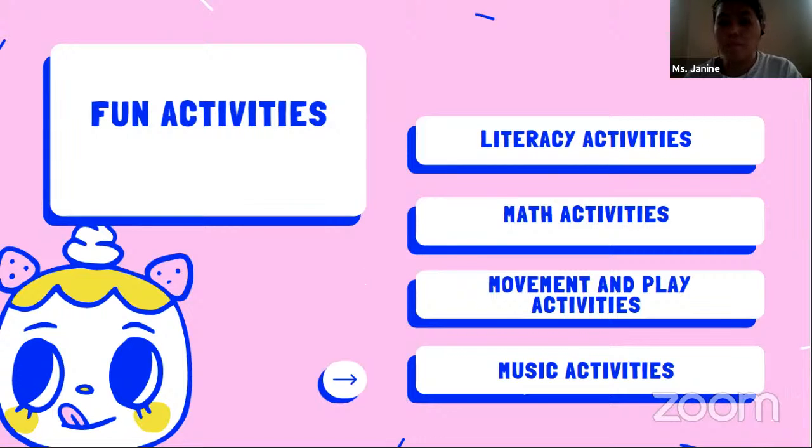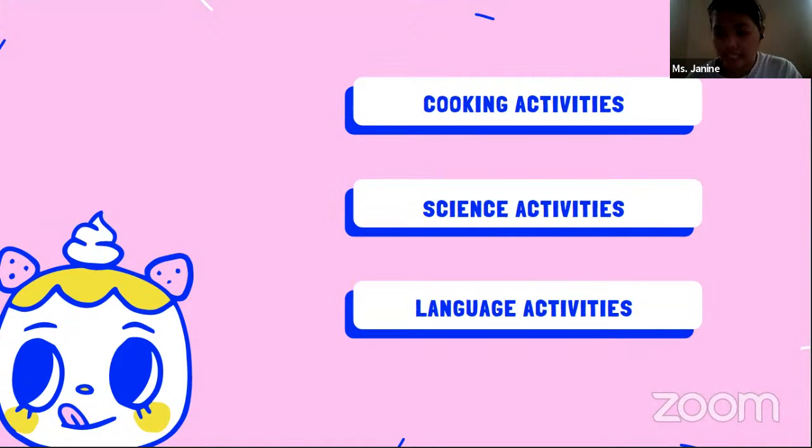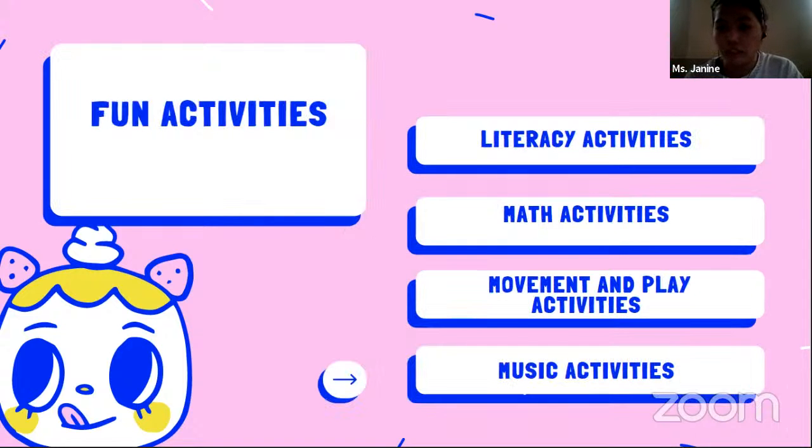I'll be giving some examples later for each. These are, let's say, the subjects that they learn. Simple as that, to make it short and precise. So these are mostly the subjects. I just focus on the word activities.